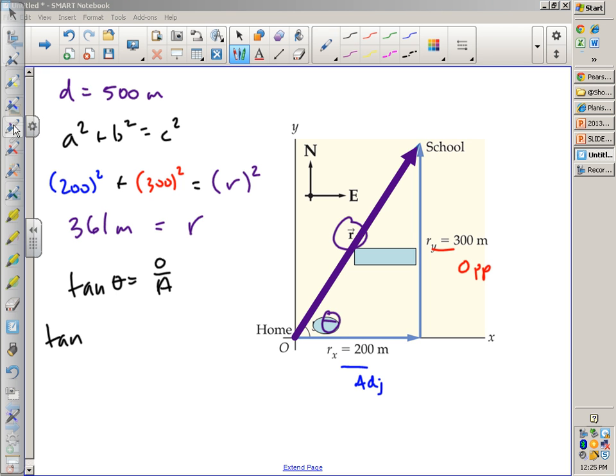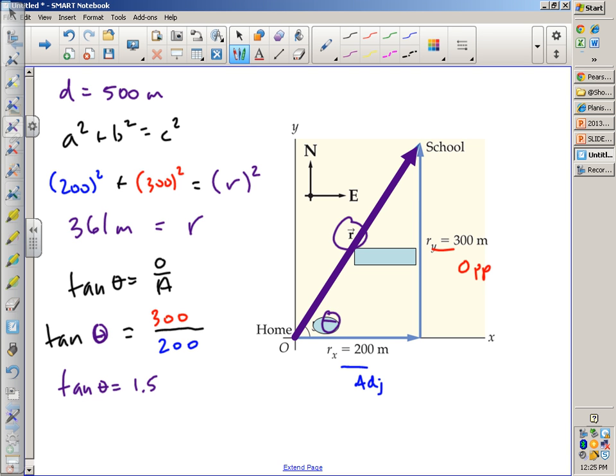Tangent is just tangent, but now we don't know what the angle is, right? That's our unknown in this problem. That then equals the opposite side of this triangle, which is 300, over the adjacent side of this triangle, which is 200, right? And then you end up with tangent theta is equal to 1.5,